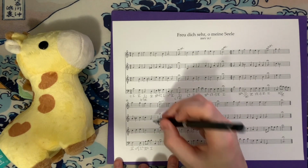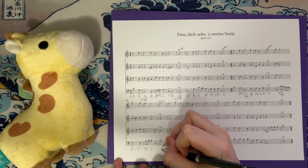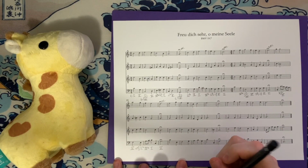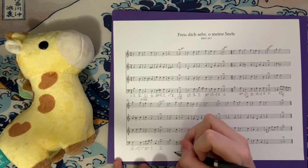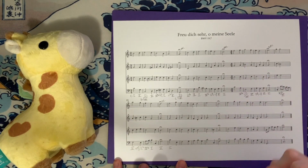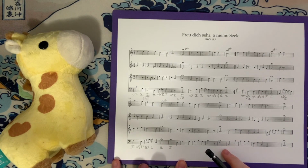We then get C, C, G, and E. No need to reanalyze. And then, of course, we cadence on our dominant G major, 5 chord. We then have C, C, G, and E, which is our tonic triad. Before I analyze further, let's look at the next phrase. We have one of these interesting, enigmatic Bach